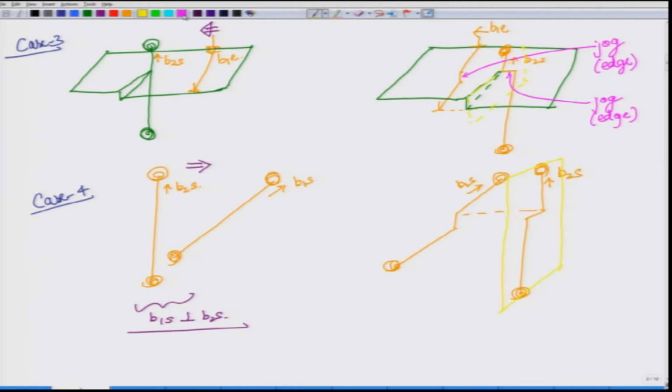So, let us say this is a kink, assuming that it is this particular plane, and in the screw dislocation, whether it is a jog or a kink, it will always lead to an edge